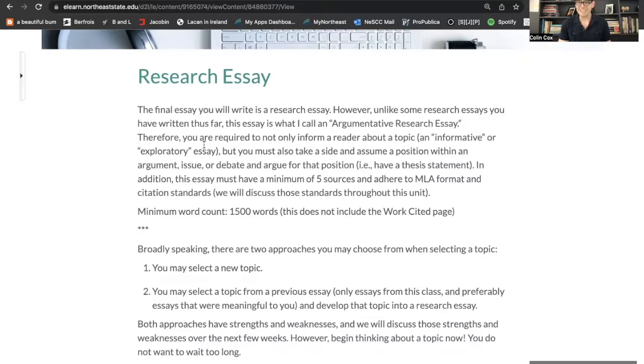That is one kind of research essay, but that is not the kind of research essay that I want you to write. So instead, you will write, and this should not surprise you because I've asked you to do this throughout the semester, an argumentative research essay, which is to say you will write a research essay with a thesis statement. And the way that I often frame this to my students is all research essays to some degree are informative research essays. But informative research essays are not argumentative research essays.